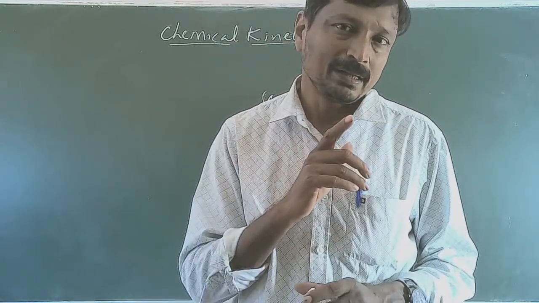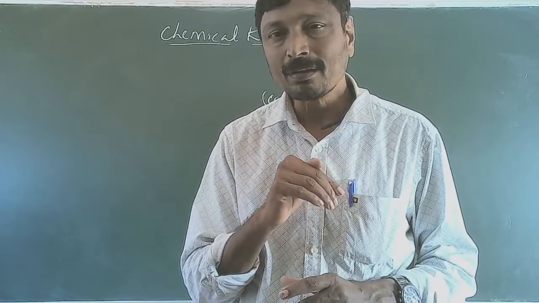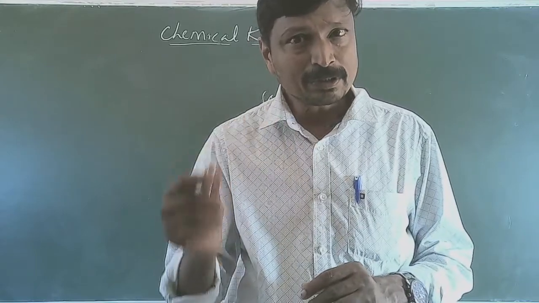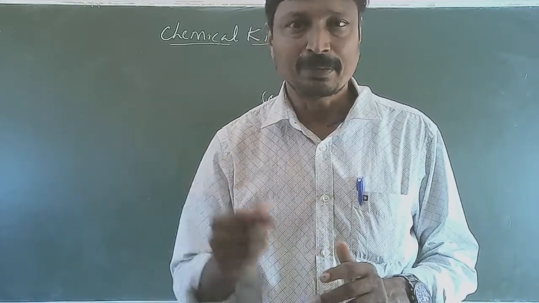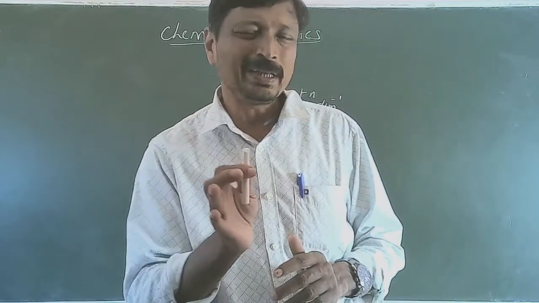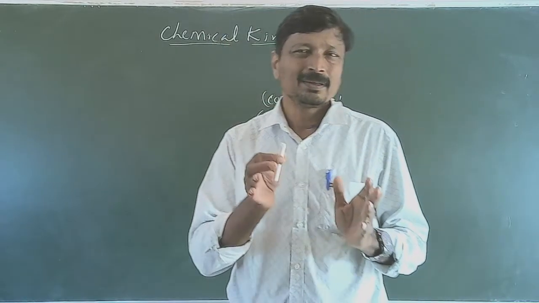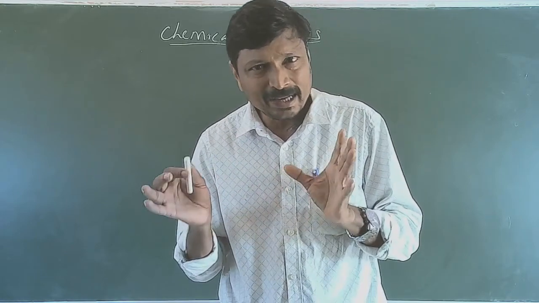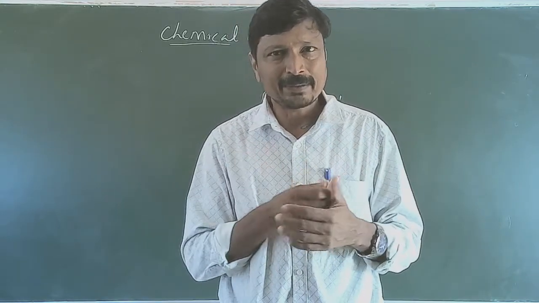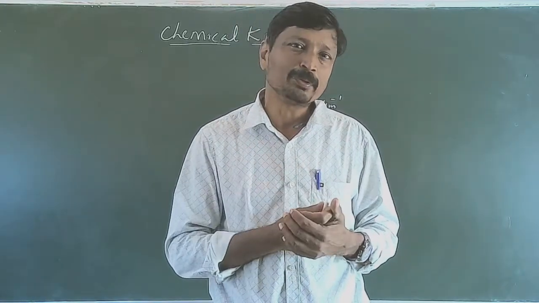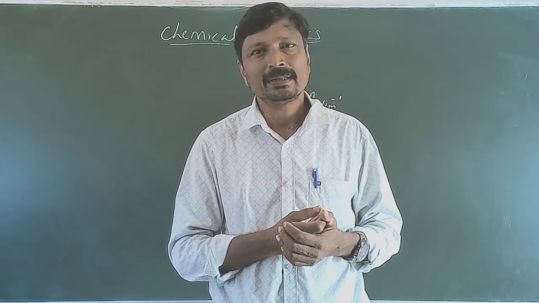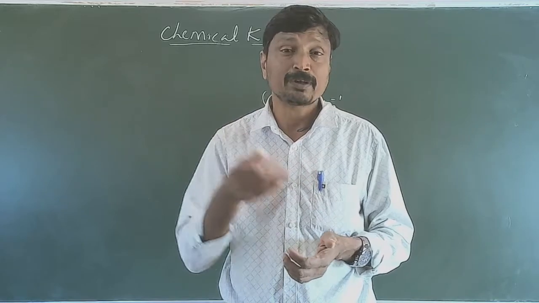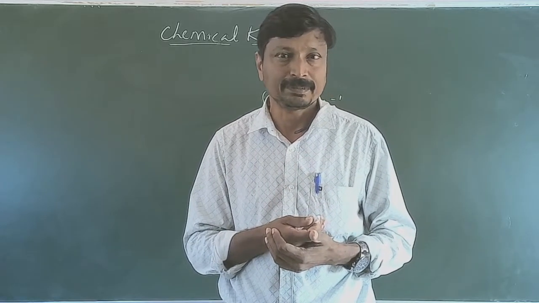See, the third one is, for the complex reaction, for the slowest step, the order is given. Usually, in most of the cases, the molecularity in the slowest step is the order of the reaction. So, yesterday I gave the decomposition of hydrogen peroxide in the presence of I minus ion, iodide ion in alkaline media.